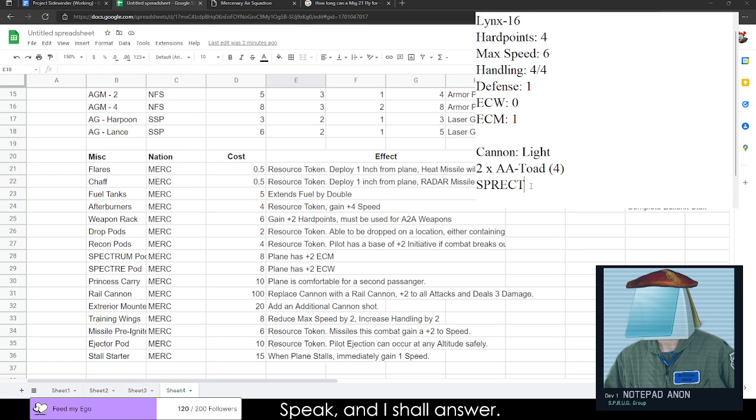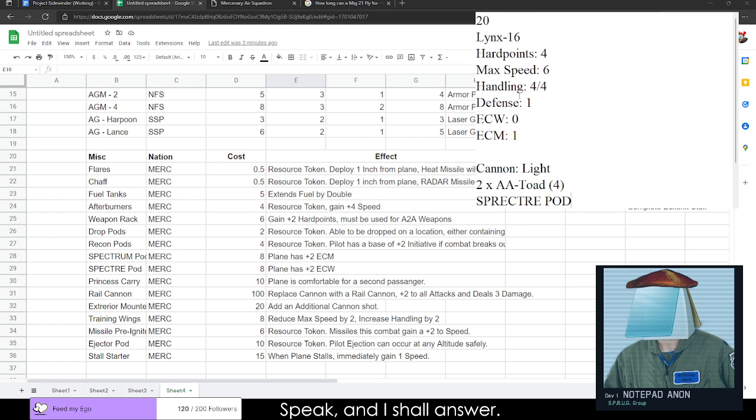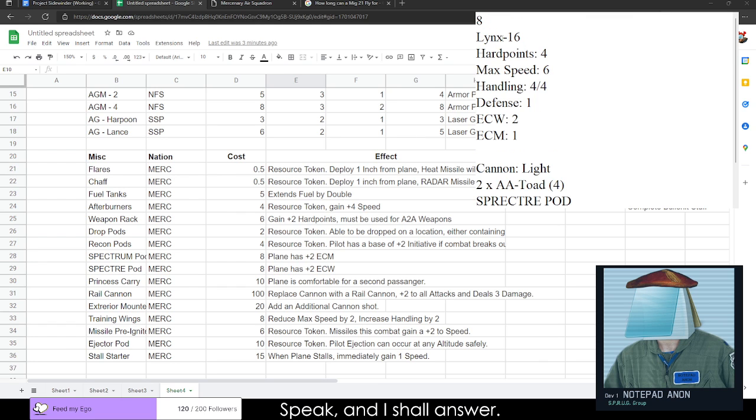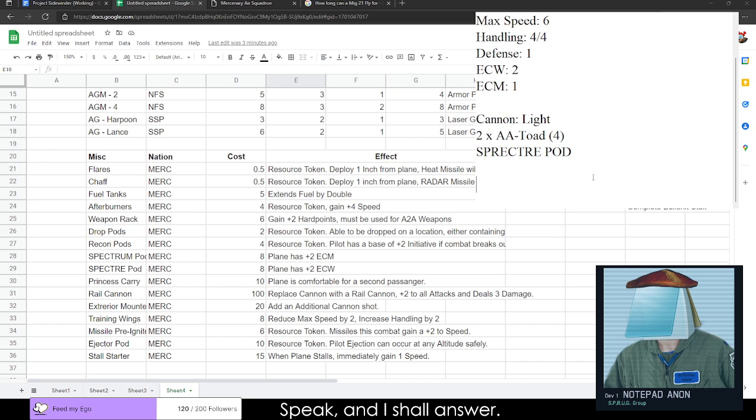And he's also going to take a Spectre pod. So that's 4. He's down to 16. Takes a Spectre pod, which brings you down to 8. So he has an ECW, technically, of 2 right now. That's what he wants to use. He only has 8, and he's got 1 out of 4 hard points left. He would probably take...